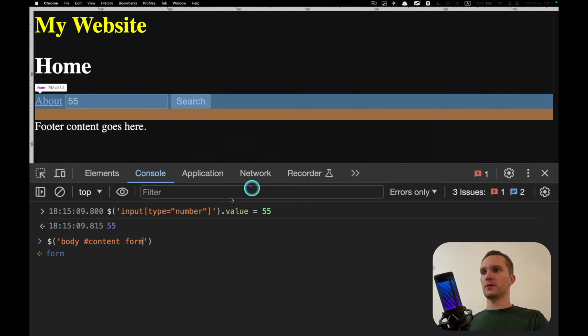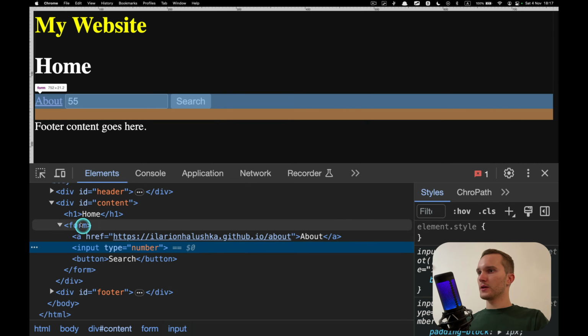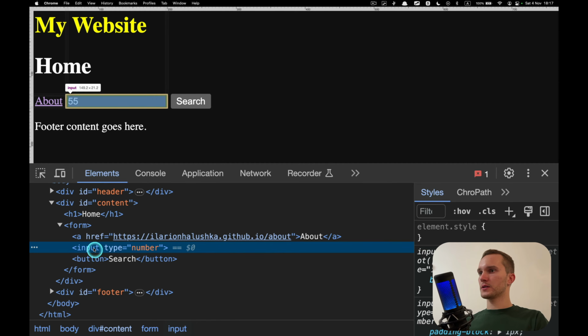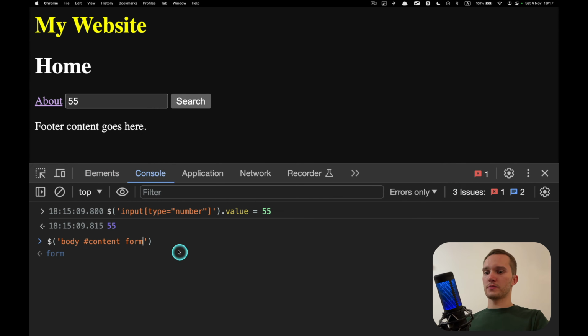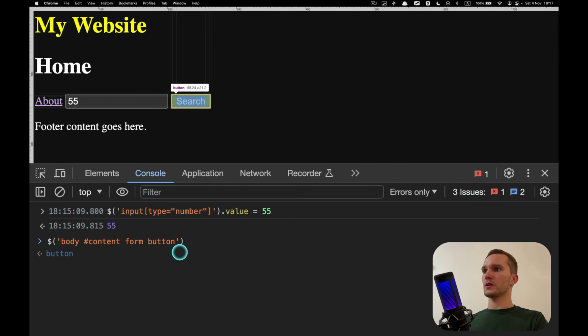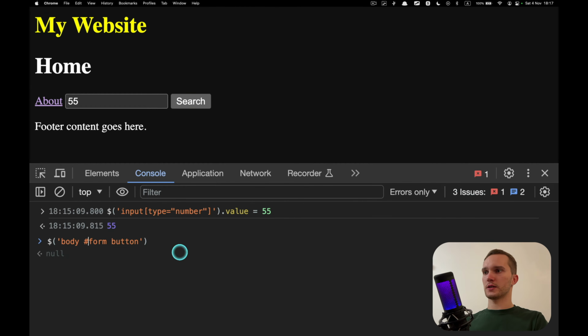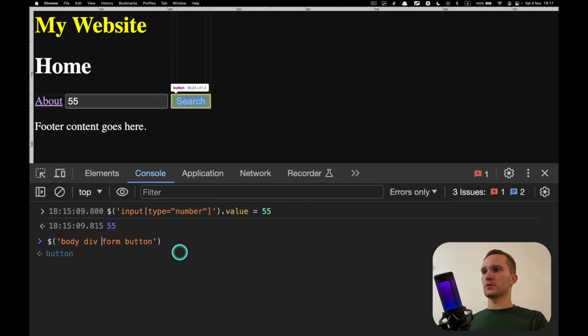Hop. Okay, form. And what do we have inside the form? Let's check. Okay, we can actually check here. Inside the form we have a link, input, and button. So three elements: link, input, and button. Okay, and we can select each: input, button. Okay, that works. So this was a selector, boom, or like this: body, div, form, button.